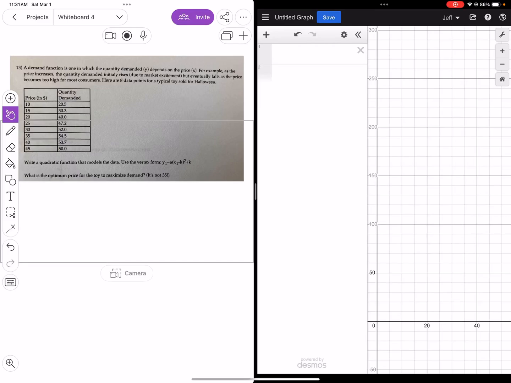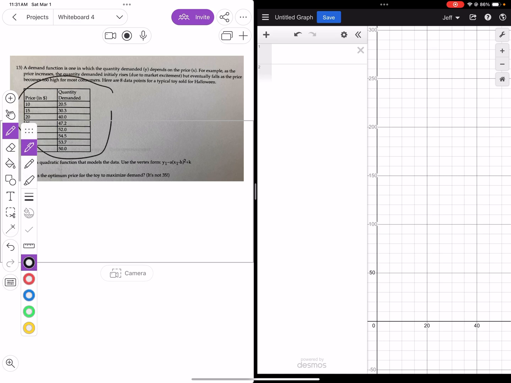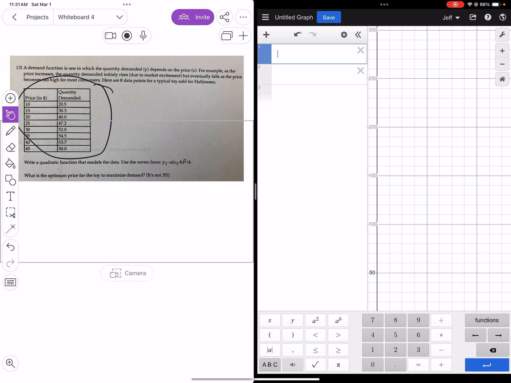All right, here's a good question where you have to use regression in order to find a function and answer some other questions. So it asks us to input this stuff here into a graphic calculator or Desmos and then do some stuff with it. So let me do that. So over here in Desmos, I'm going to hit plus and go to table, and then again, I'll enter in